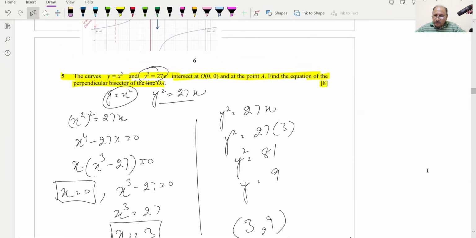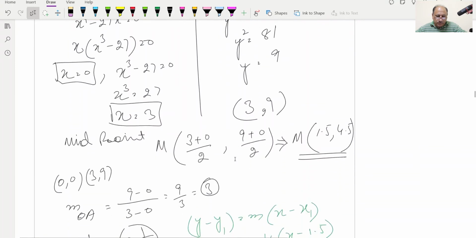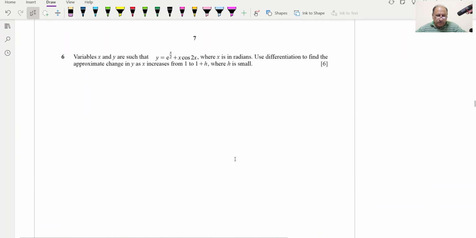This was an 8 mark, very nice question, which we have done. Now the next question, number 6, is of 6 marks. It's saying variables x and y are such that this equation is given, where x is in radians. Use differentiation to find the approximate change in y as x increases from 1 to 1 plus h,